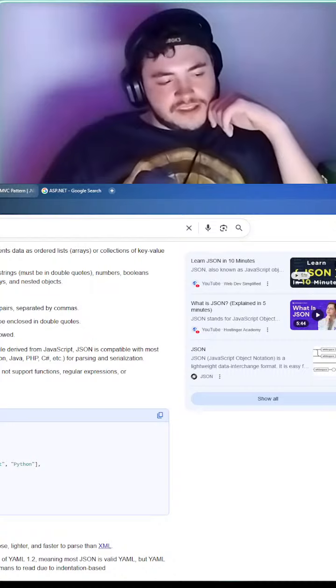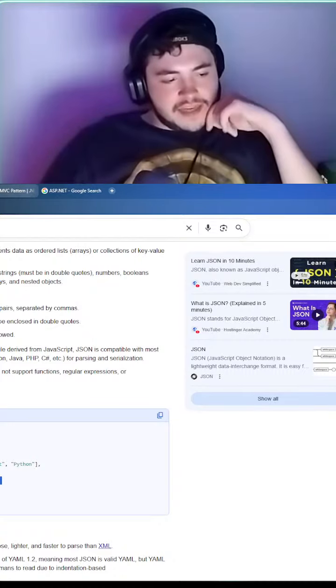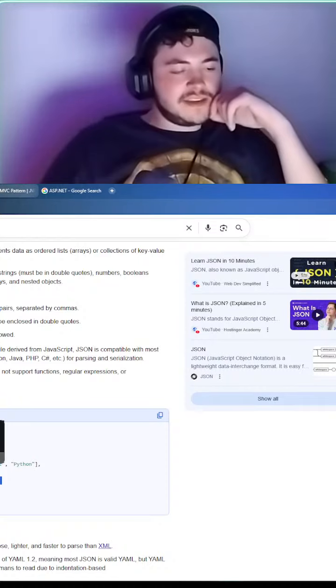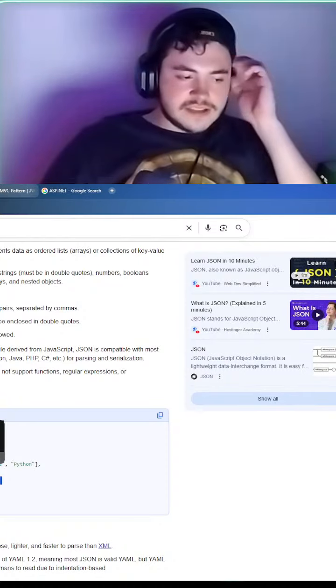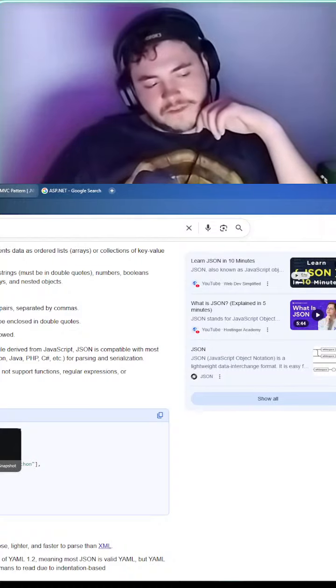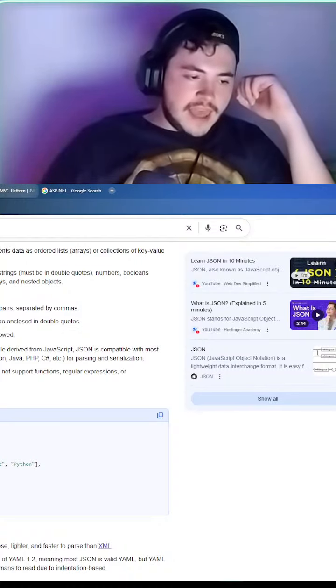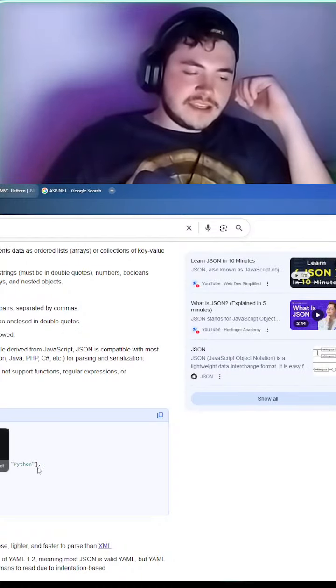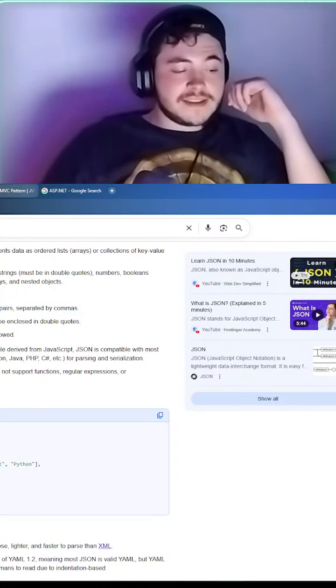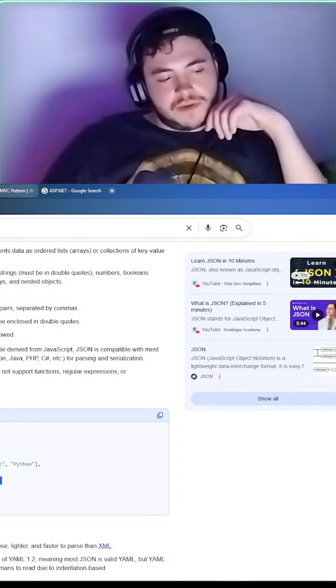Address, so this is now one data object, and this is, I believe, a list. So this list contains city, which is a key, and New York, which is the value, so a key value pair. And that is how you link these together. And in an array, you don't have a key value pair. So this is an array. This would then be a dictionary, key value pair. It would be a dictionary.